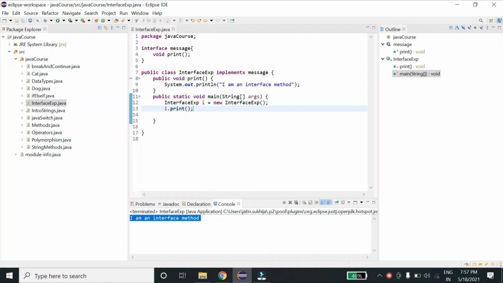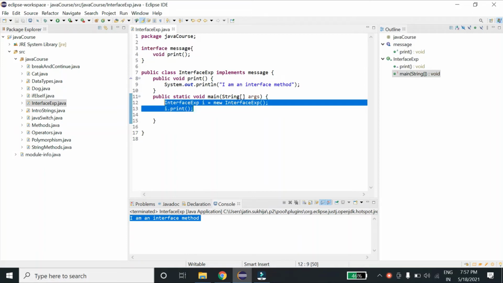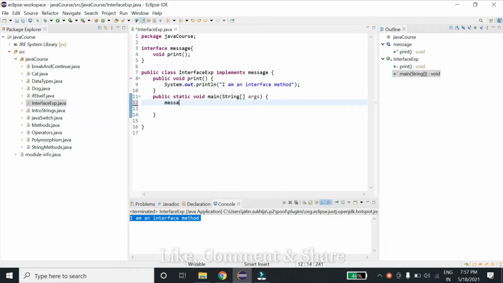Another question now arises: can we create an object of an interface directly? The answer is no, we cannot create an object of an interface, but we can create a reference of that interface. Let me show you how you can do that. Instead of this, if I type message m equals new and this class,